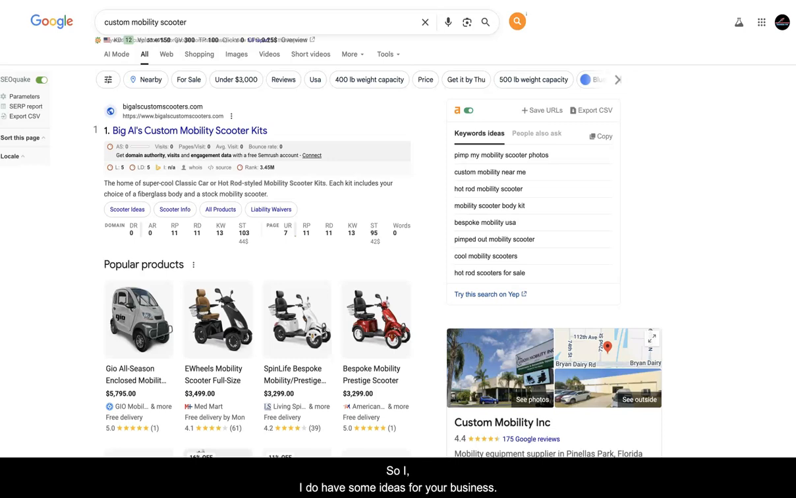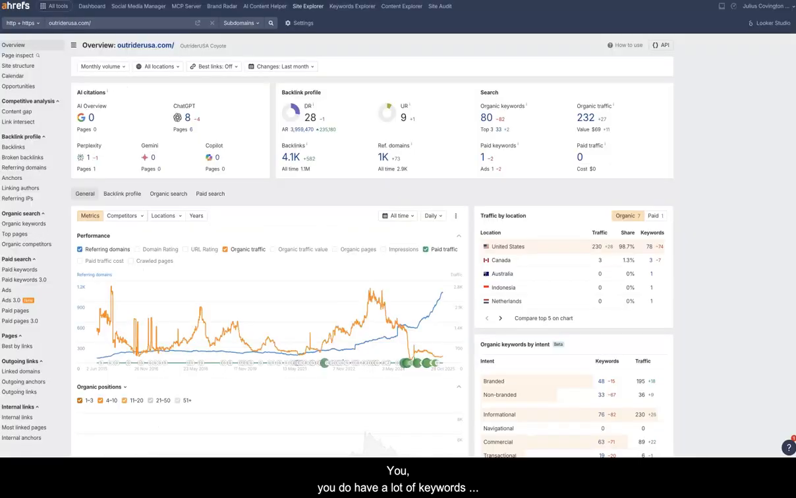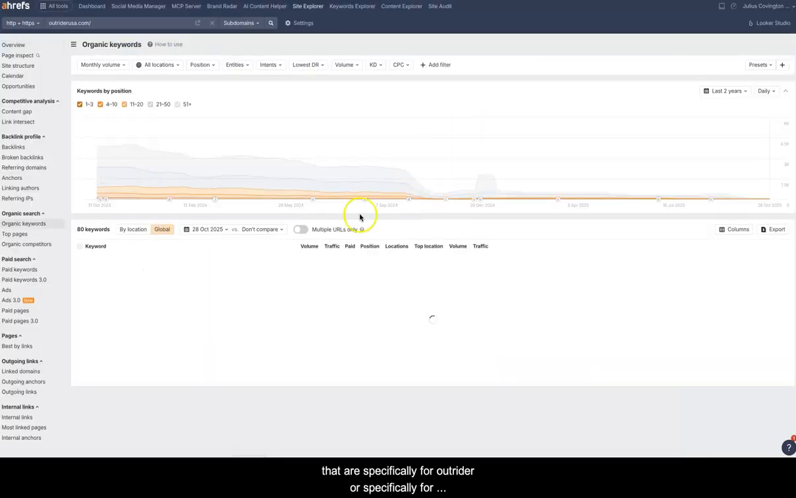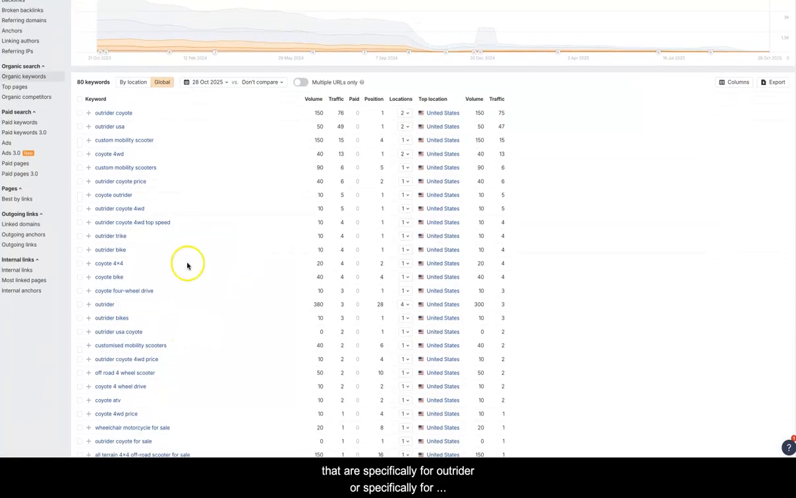So I do have some ideas for your business. I could see you going into community storytelling and what impact this has on people. You do have a lot of keywords that are specifically for Outrider or specifically for Coyote, and you are generating quite a bit of traffic,